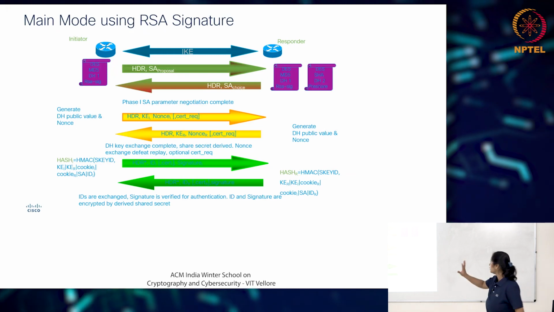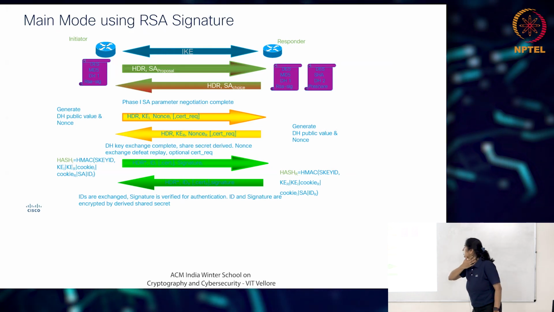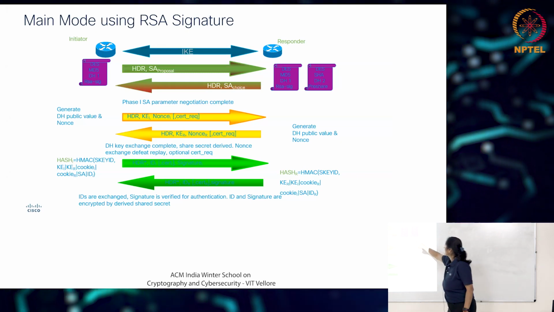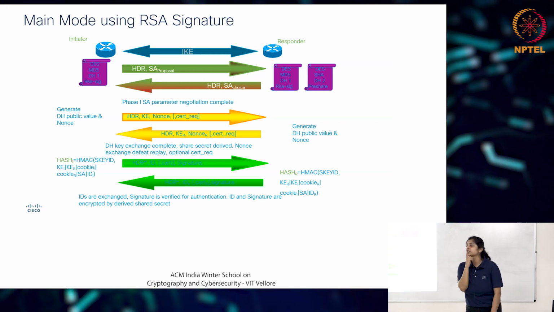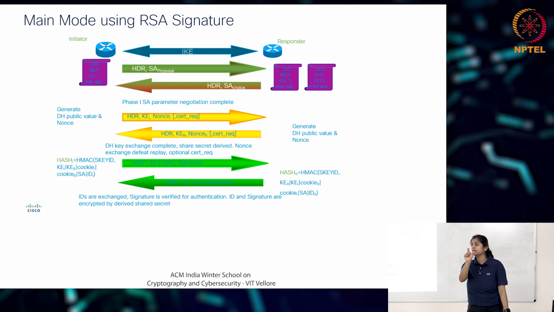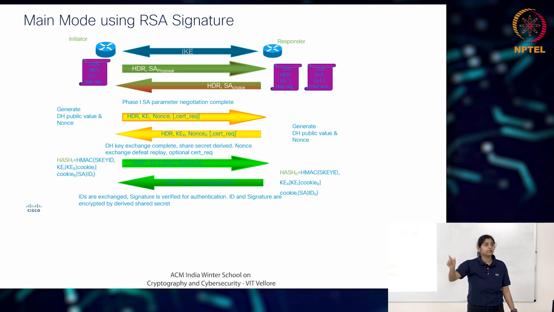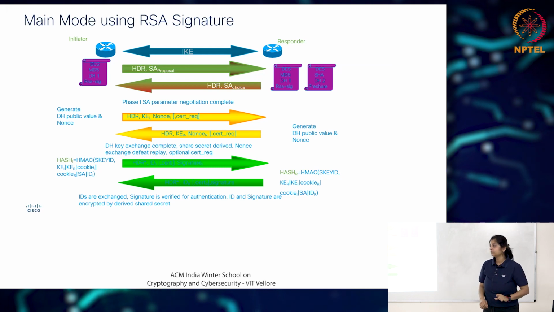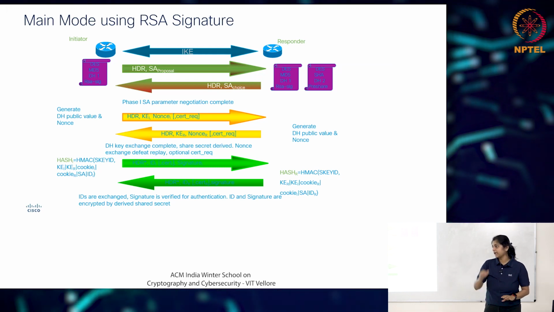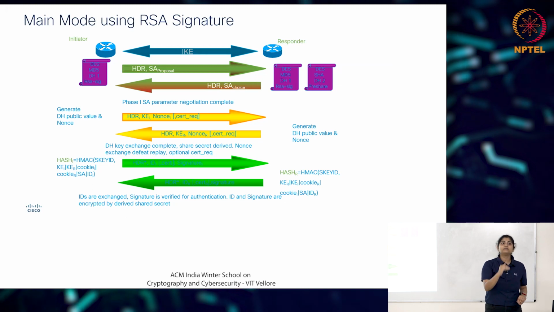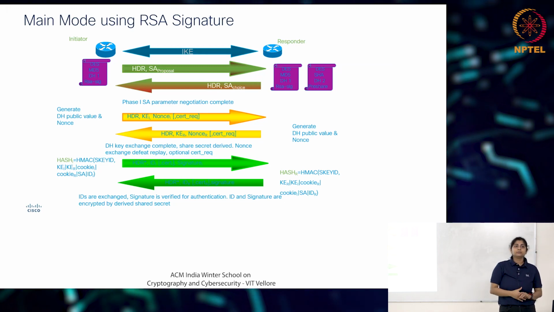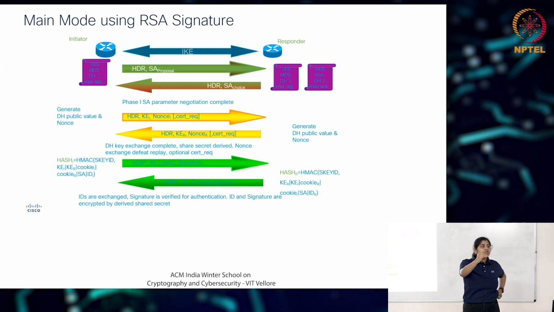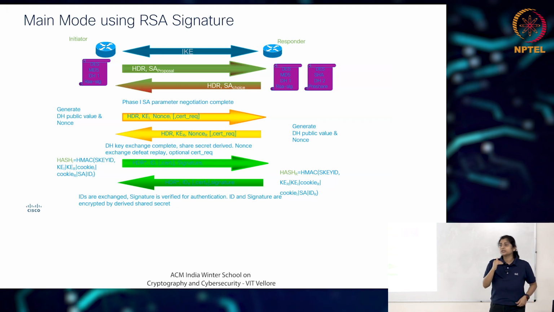So just an overview again, I won't go into the details. Instead of the pre-shared key, remember in the first packet in the PCAP we had the authentication method pre-shared key. Instead of that there will be RSA, and whenever there is that identity payload, which we are sending at MM5 and MM6, we'll send the certificate information instead of the pre-shared key. So the DH key exchange happens based on the certificates that we have.